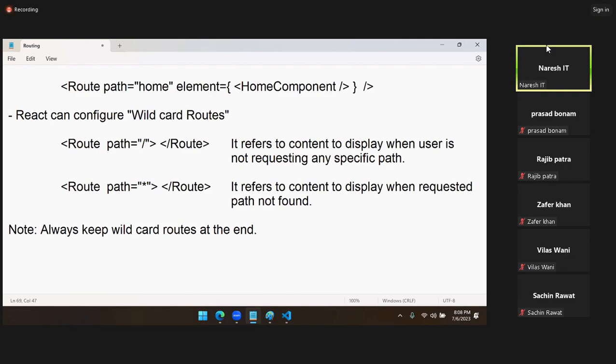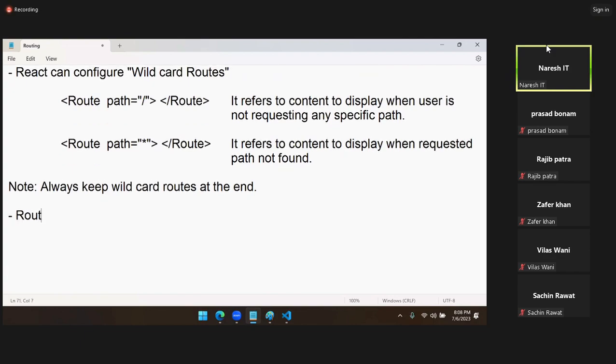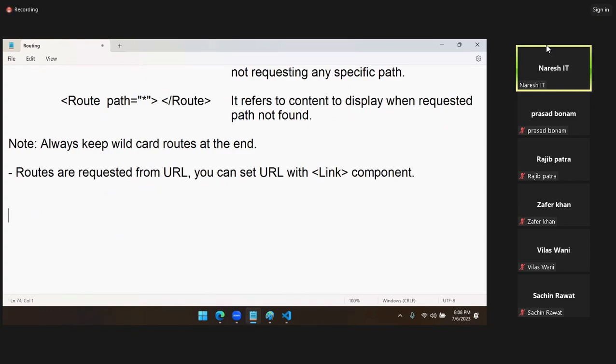Now this is okay, but we are still not satisfied, because why should I request every time in the URL? I need to just give some links so that the user can navigate. That means what you can do is, routes are requested from the URL. You can set the URL with the link component. Actually, that is the point. If anybody asked you in an